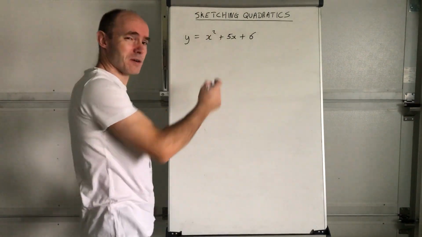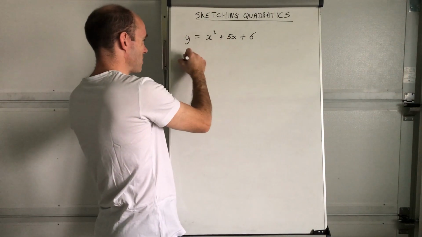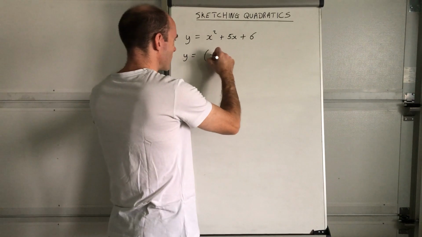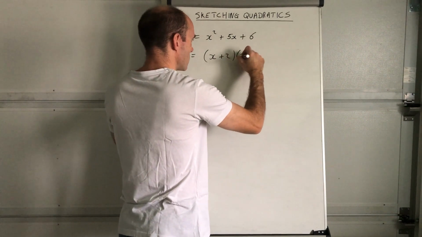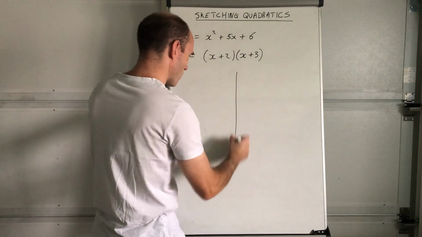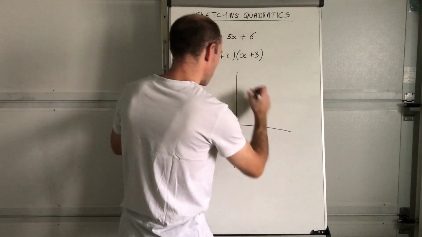Sorry, I was thinking ahead, wasn't I? I put a bracket, originally I wrote it down, that's because I was thinking ahead as to how you'd factorise it. Hopefully you're good with the factorising now. So x plus 2, x plus 3. That is really nice and simple. Why is it nice and simple? Well, it's because